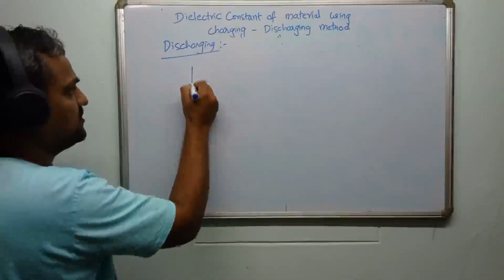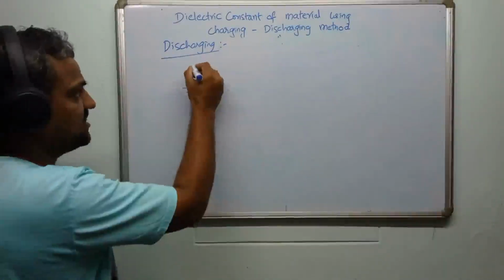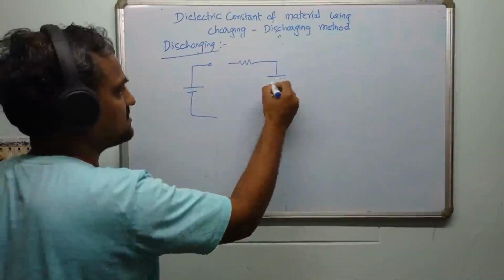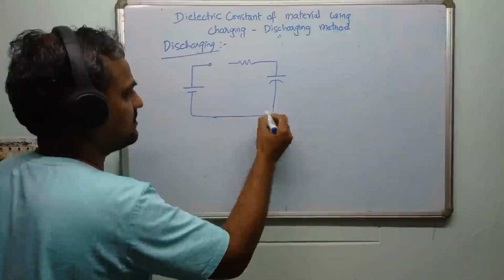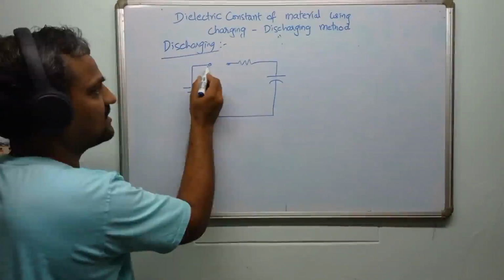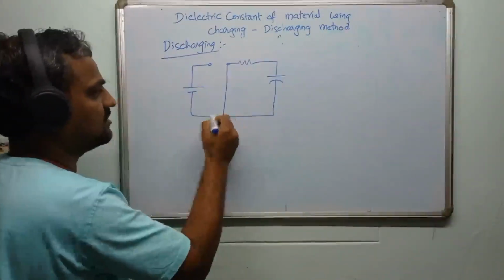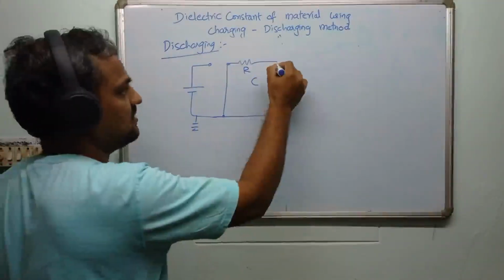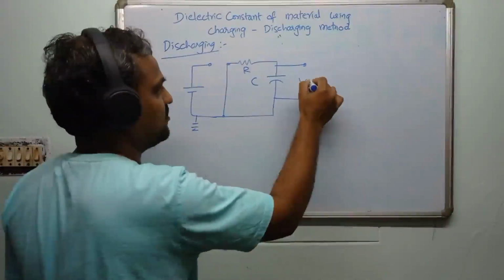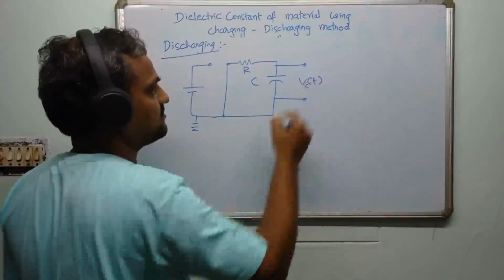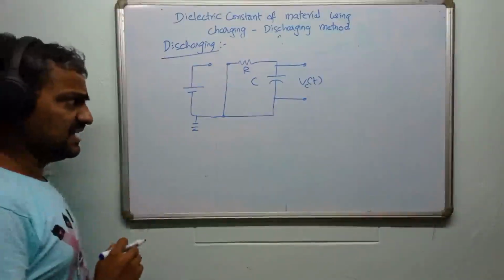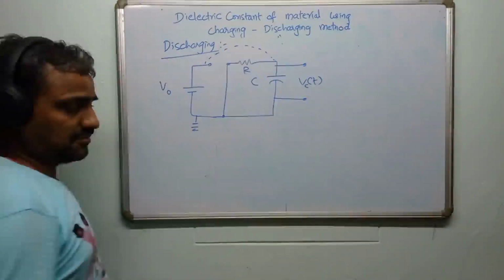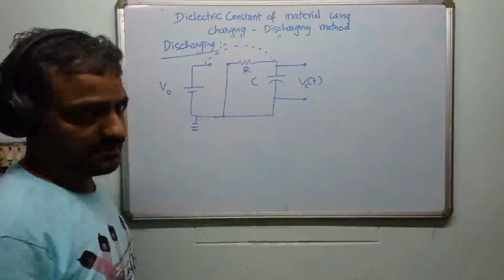Same thing, we are going to use a power supply for initially charging the capacitor. We have the same resistor and capacitor setup. Here, only one thing is different. Earlier we had connected here, now we are going to connect it to ground. So the same resistor, same capacitor, and the voltage across the C, once again, we are going to study as a function of time. Initially we just join it with a wire to this particular point. That is only to charge the capacitor.